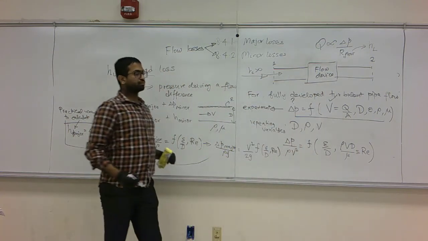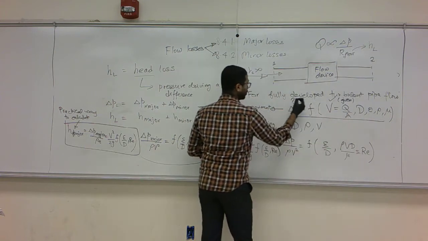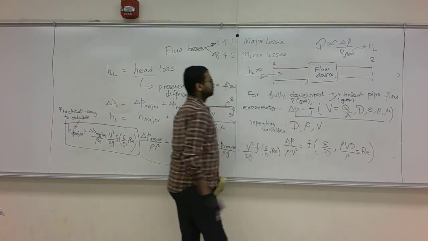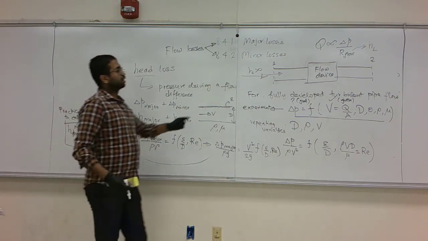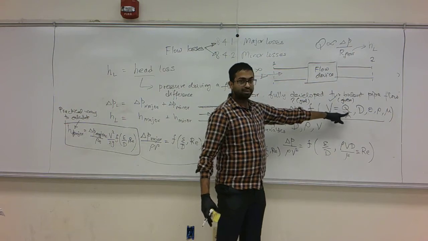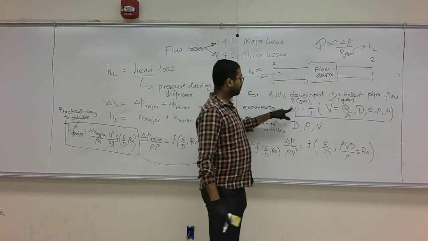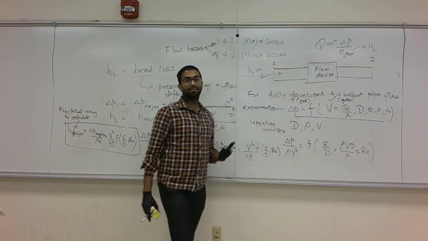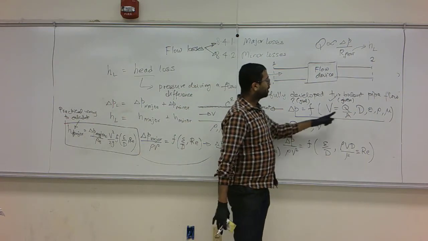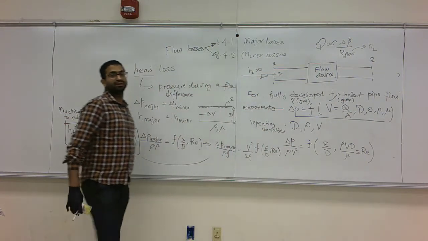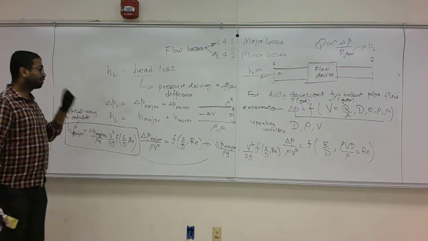That's your goal. This is given, and this is your goal. So you calculate delta P. If you are targeting a certain flow rate, you can estimate what will be your delta P. You can flip this if you know what is your pump capacity, or what is your maximum allowable pressure drop. You can estimate what is the flow rate that can be supported. Okay, I'll give you one example.